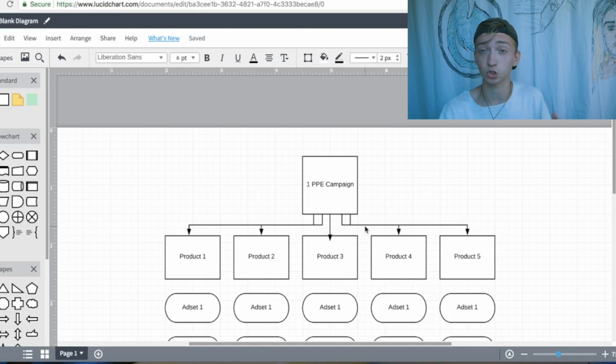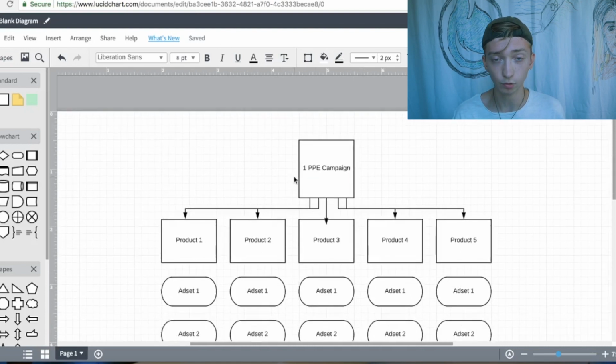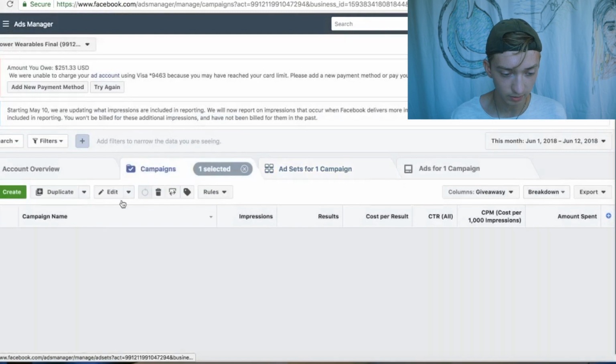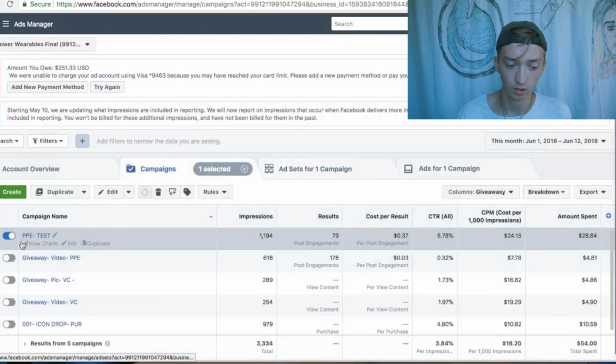This is how I set it up. I'll show you my ads too. So you start off with one PPE campaign. And so I labeled mine as test, so we can jump into, oh, that's the ad. We can jump into my thing, don't mind these other things. So like one campaign, I just have this as post per engagement test because I'm testing out to see what